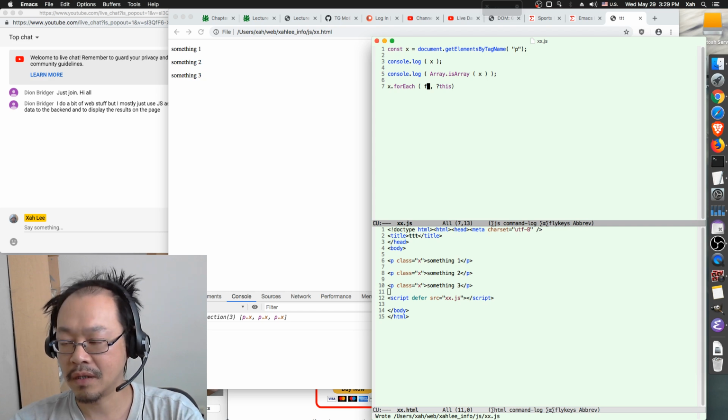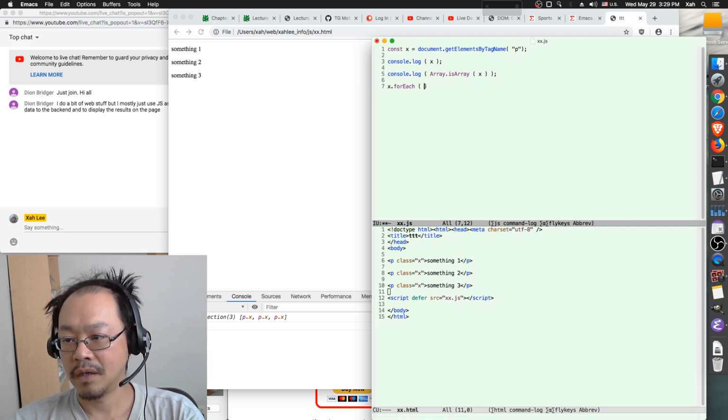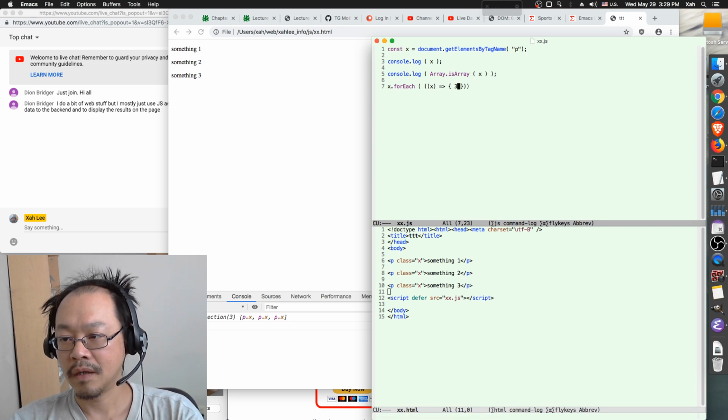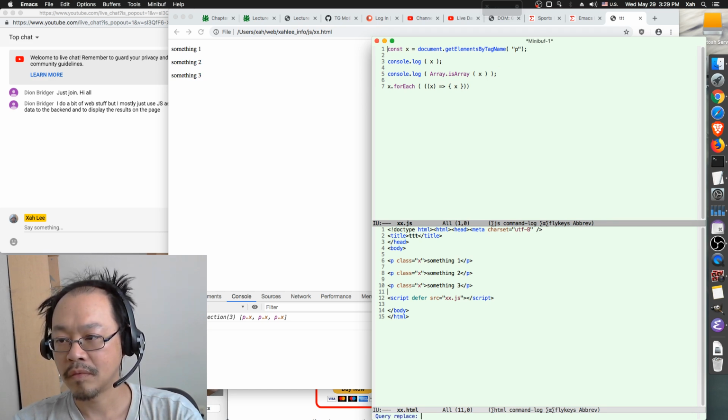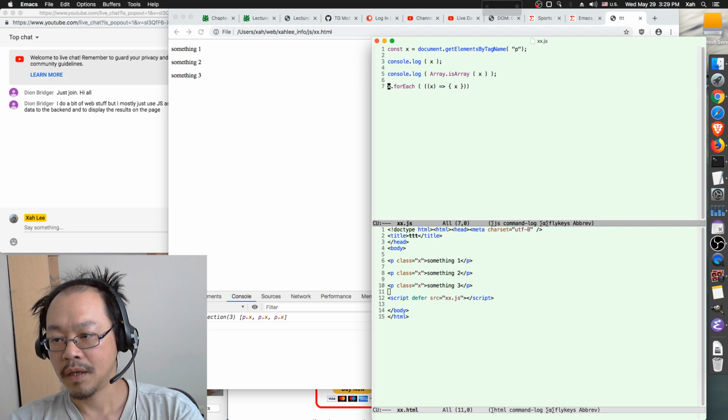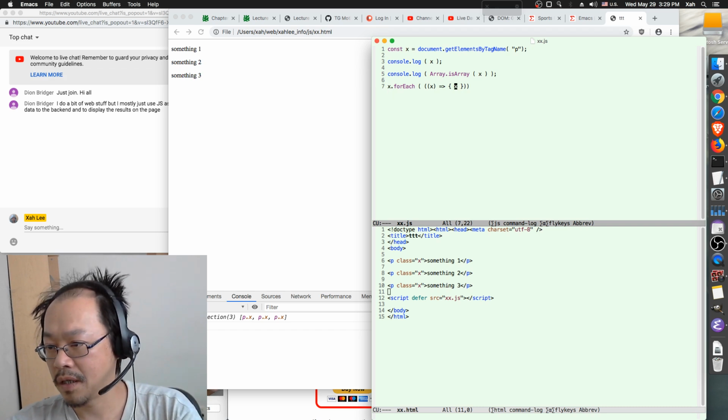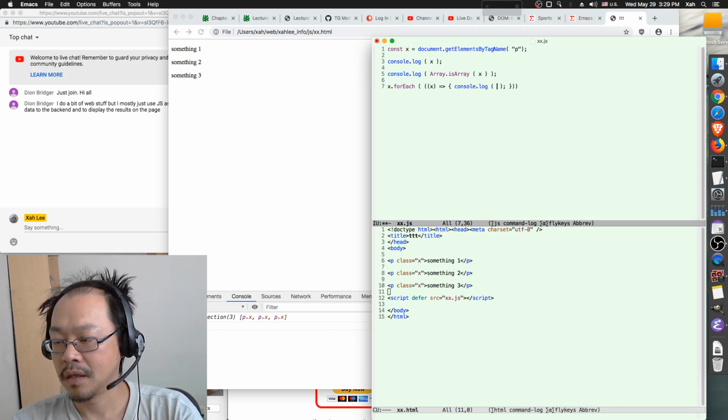Let's just use it and see if it works. Arrow function x, let's say console log x dot